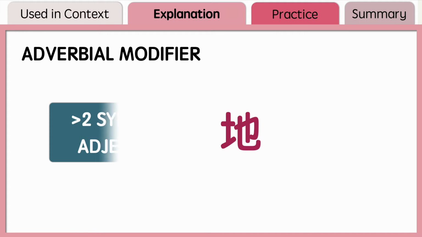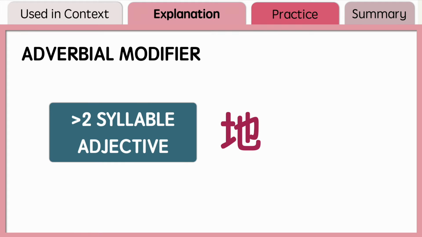The basic structure is an adjective with two or more syllables, followed by the, and then the action verb